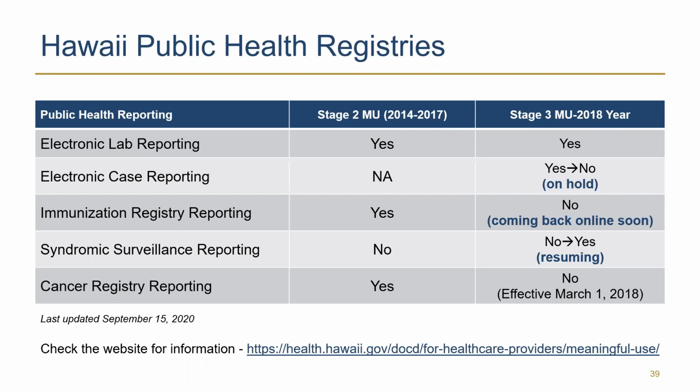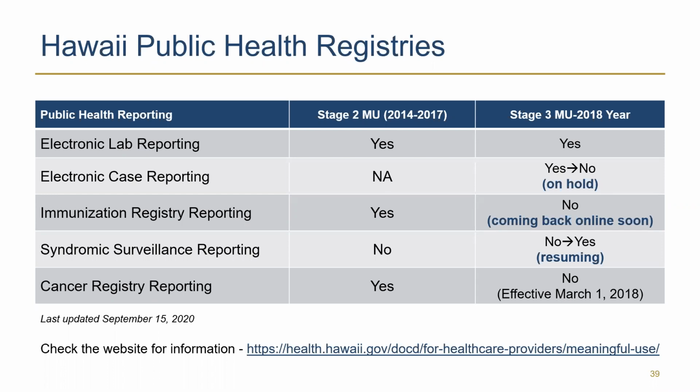The next one, immunization registry reporting. This registry has not been available for a couple of years. The Hawaii Health Department just updated their website that they're hoping to get the immunization registry back online soon. However, this just happened a week or so ago, so you can still claim the exclusion because this was not announced more than 6 months before the performance period. For primary care practices, this would be a valid and easy exclusion to claim.